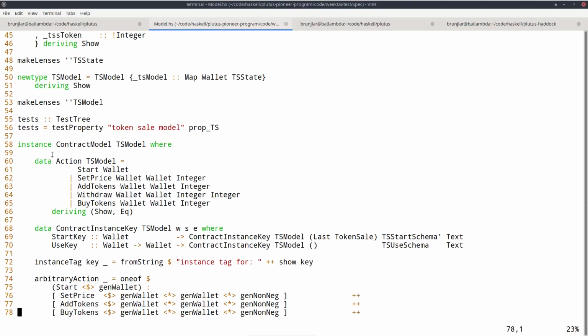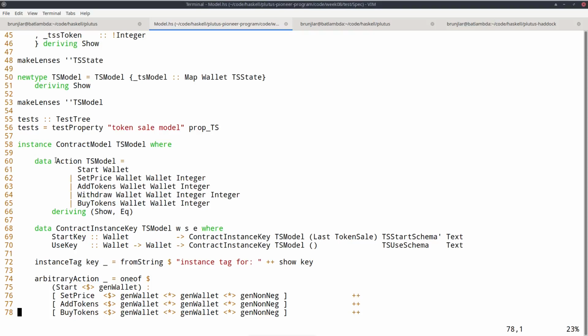In type classes, you can have, instead of just methods that we usually have, also data types. We have actually seen that before when we defined validators and we defined this dummy type that provides a link between the datum type and the redeemer type. So there we also used these associated types.